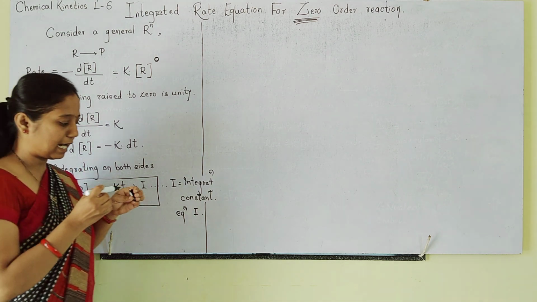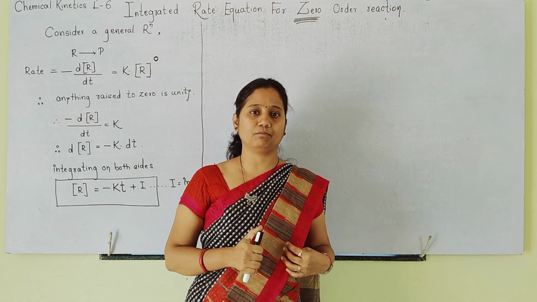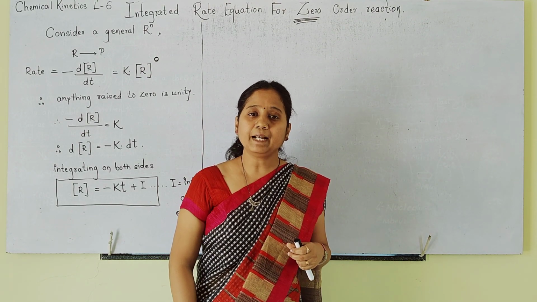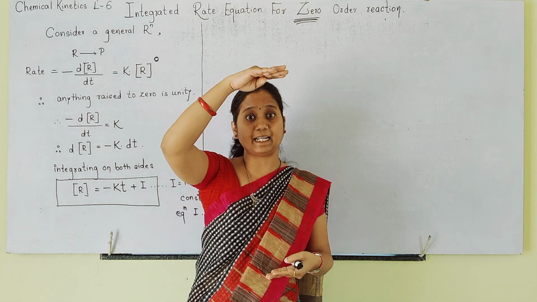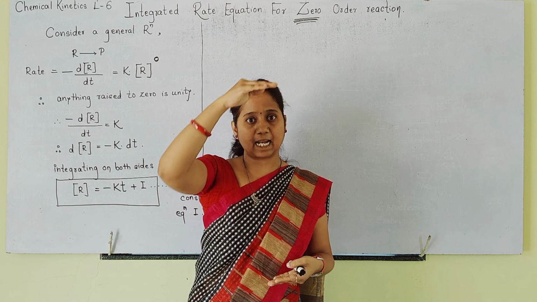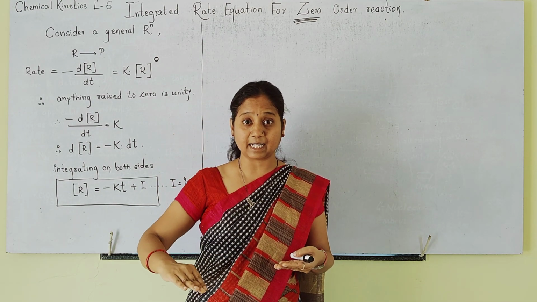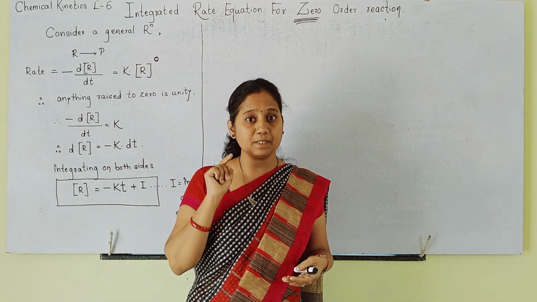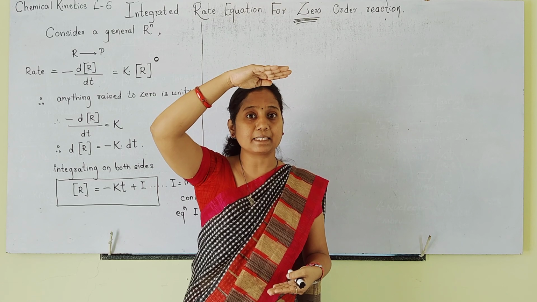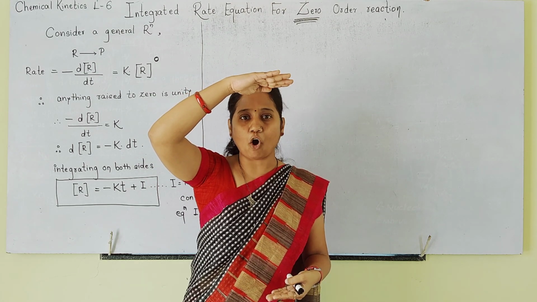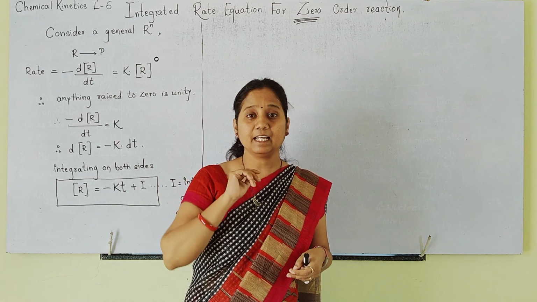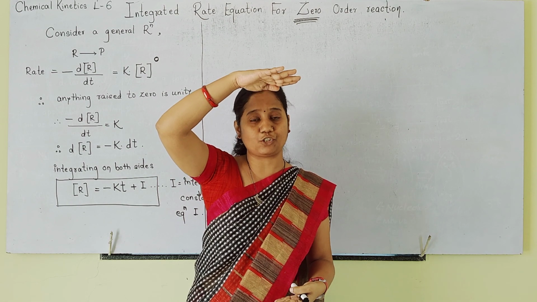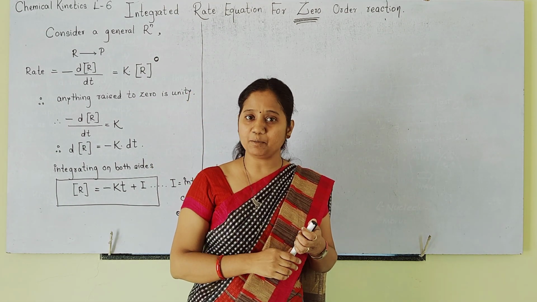Now at the start of the reaction, when time is 0, when the reaction has not even started, at time 0 we are having 100% reactants. Slowly the reaction will start and reactants go on decreasing. Products at the start will be 0, and products go on increasing. So when I say at time 0, at that time I have 100% reactants with me. And that initial concentration of reactant is called R naught. R naught is the initial concentration of reactants at time 0.